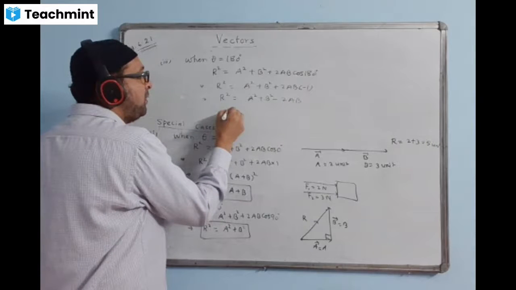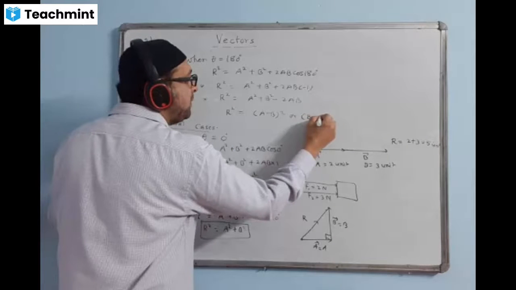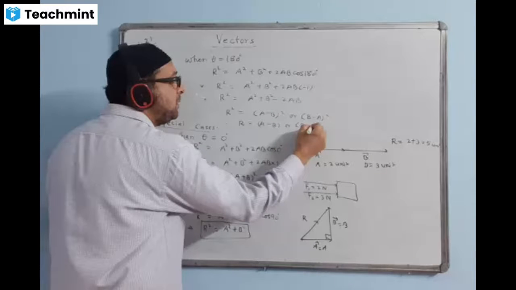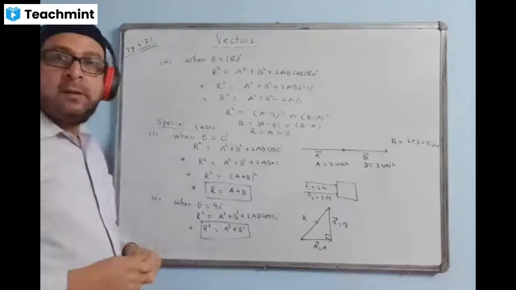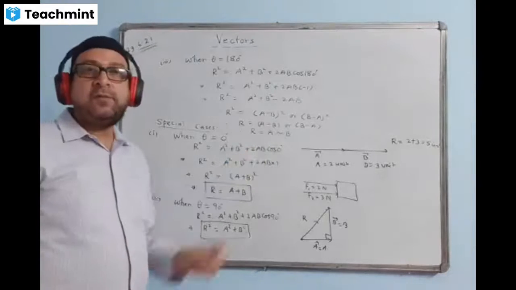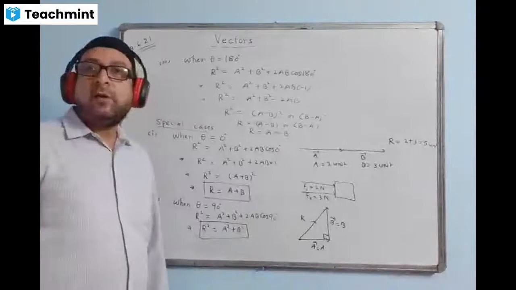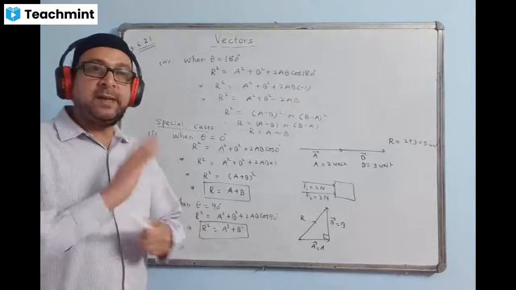Therefore, R square is the formula of a minus b whole square. A minus b whole square is equal to b minus a whole square. If we expand, we get the same R value, whether a minus b or b minus a. That's why we use the sign R is equal to a, this is the symbol for difference: bigger minus smaller, a minus b, or a difference b, whichever is bigger minus smaller will do.